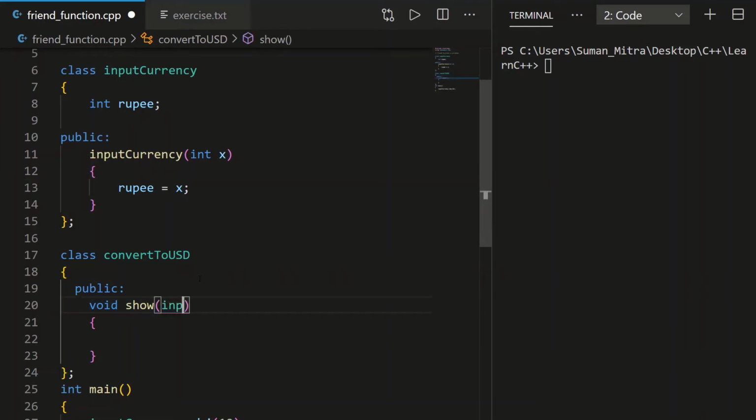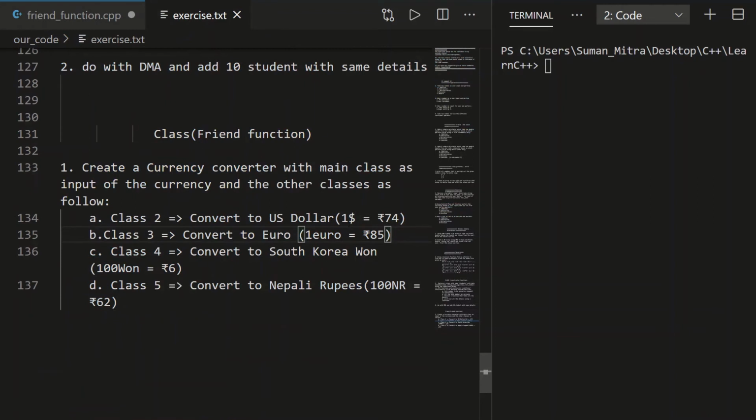We'll just write input currency temp, and we'll just write a temp so that it becomes easy to understand, a temporary object. And we'll just print out the conversion. We'll just write cout USD, and we know the currency and we should see what is the conversion. $1 is equal to 74 rupees.